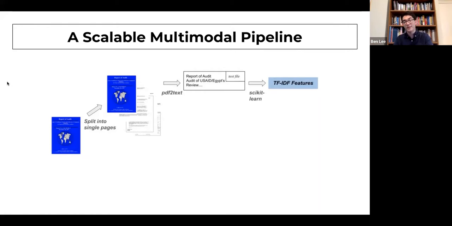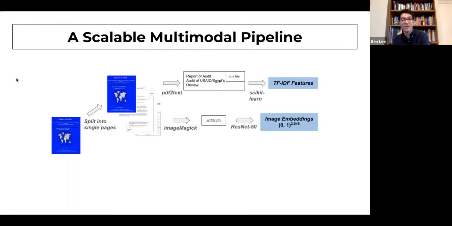In terms of the image-based representation or the visual representation here, we'll use ImageMagick to generate JPEG files for each of the pages. Then we can generate image embeddings using ResNet 50, which gives us 2048 dimensional vectors, which correspond to some sort of semantic similarity. Here, ResNet 50 is just an image recognition model, and by feeding it through and grabbing the representation from the penultimate layer, we effectively have a representation that contains some semantic notions. So not just, say, color or texture, but really the content of the images as well.